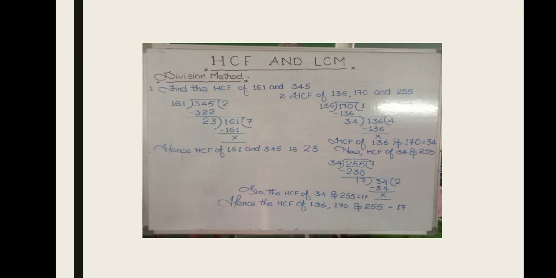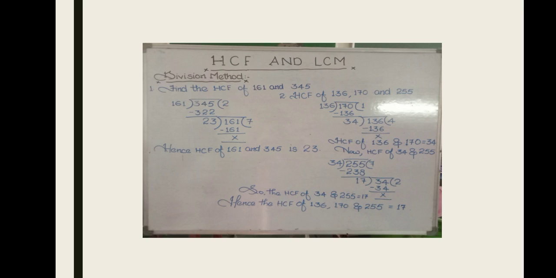And 34 will become the divisor here. And the first divisor will become the dividend, and it is possible by 4 times. We get again 136 and the remainder 0. And now the HCF of 136 and 170 we got, that is 34. Now we have 34, the HCF of the first two numbers, and 255. Don't forget about the third number. Sometimes we think that we found the answer and we stop there. But we have one more number there, that is 255.